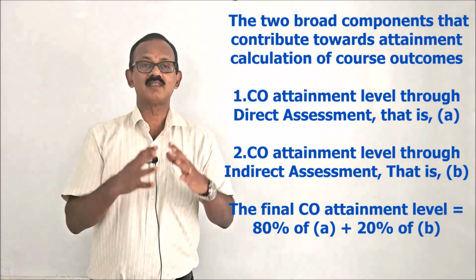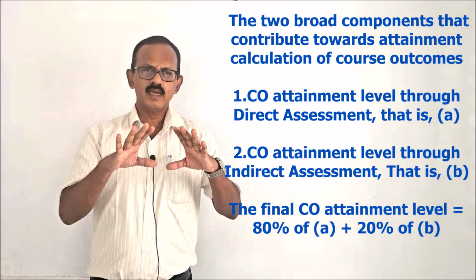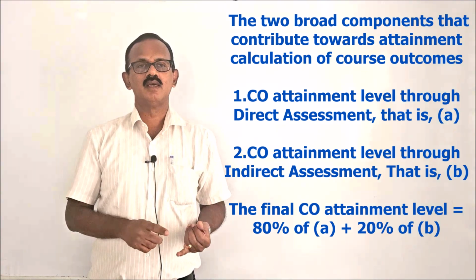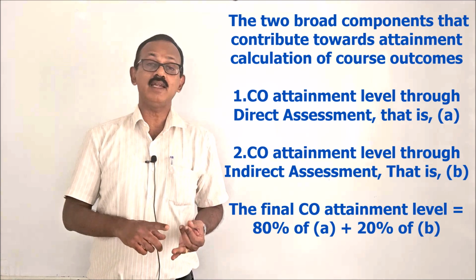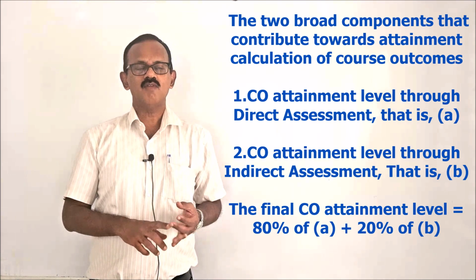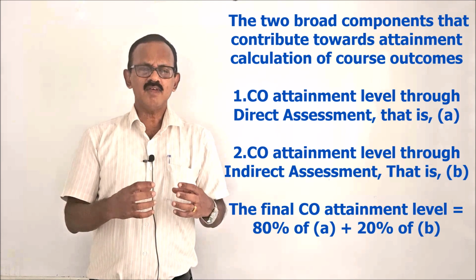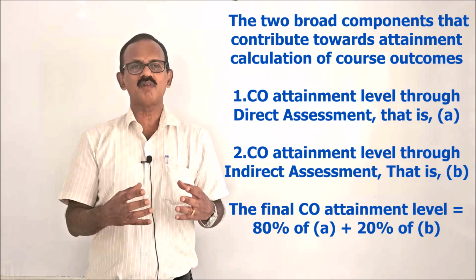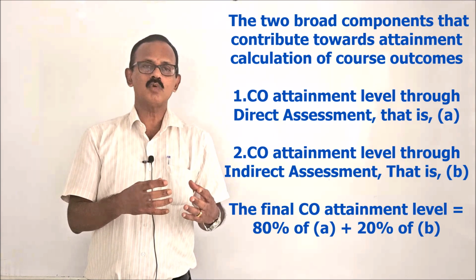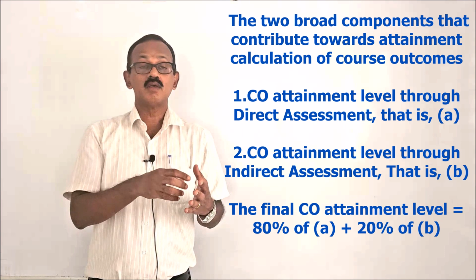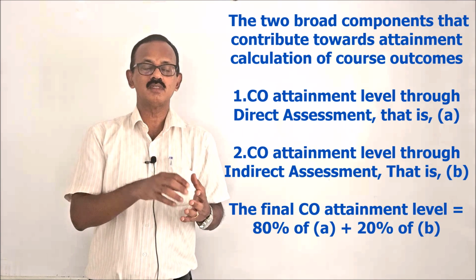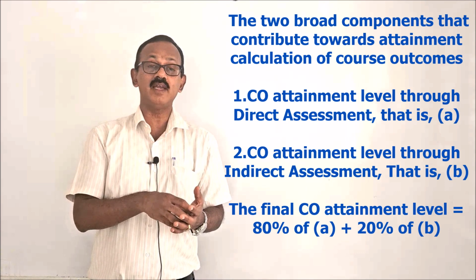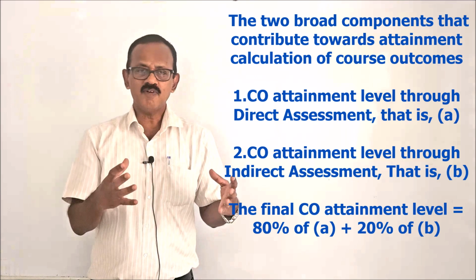Course outcome levels. It depends upon two components. Course outcomes are measured using direct assessment tools and indirect assessment tools. Therefore, the level at which a course outcome is being achieved is a combination of the level at which the course outcome has been achieved using direct assessment tools, and the level at which it is being achieved with the indirect assessment tools. Then finally deciding